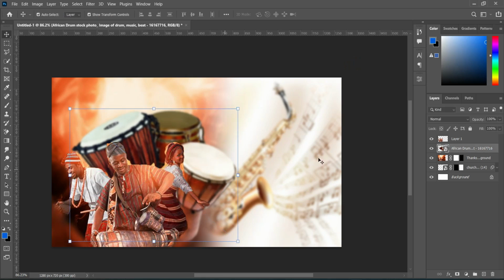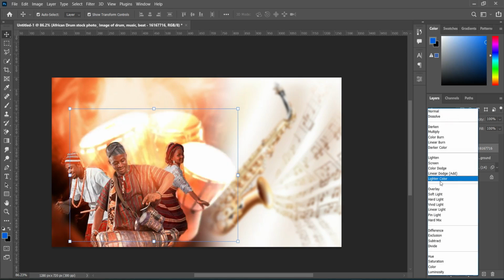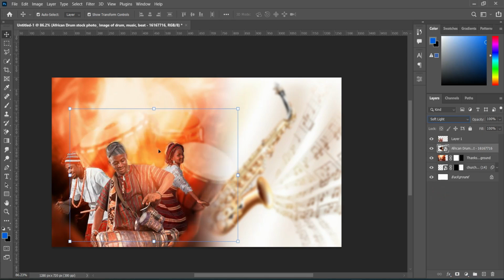Okay, as it is now, we need to change the blending mode to soft light, and it's going to give you something like this. So after that, the next one, we have turned it on already, so there's no need to bring it again. Then the next one, we are going to bring our church logo,